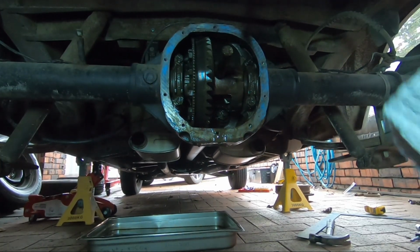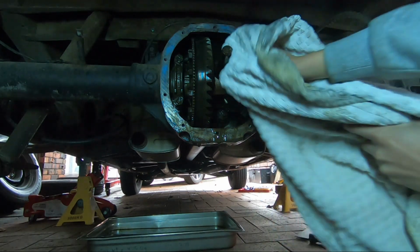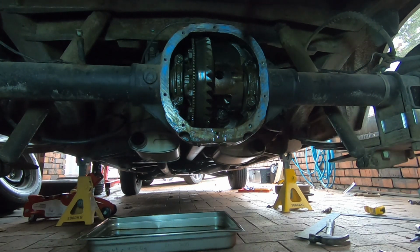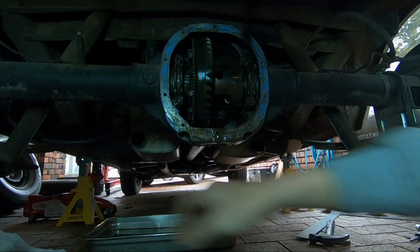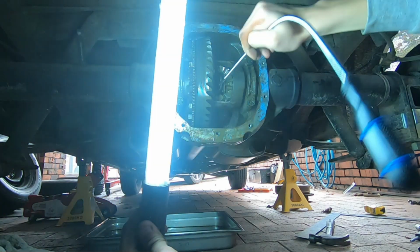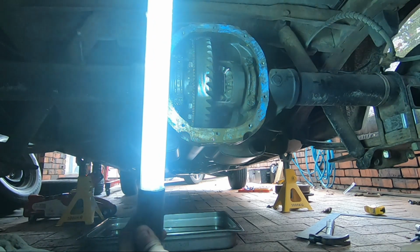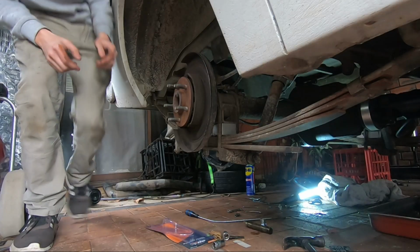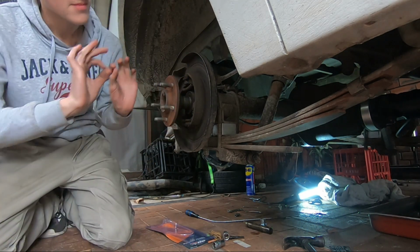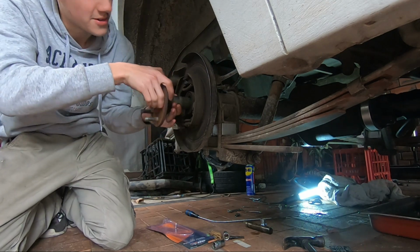So I can't be bothered waiting, so I'm just going to pull this thing out with a rag. It's probably very hot. Oh, that was easy. Okay. Now, oh bloody hell, that was hot. It's even gone through the rag. We rotate the axle. We should be able to find our C clips. Scooch it around. There's one. Okay, let's go try and pull the axle out. Okay, here we go, moment of truth. Oh, dude. I've never done this before, so I don't really know what I'm doing, but...